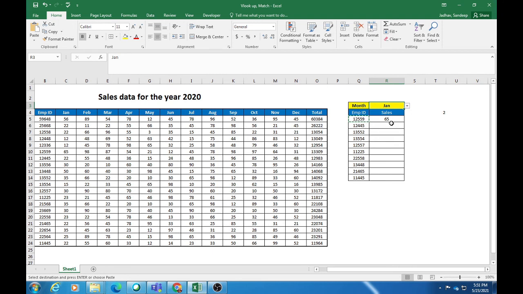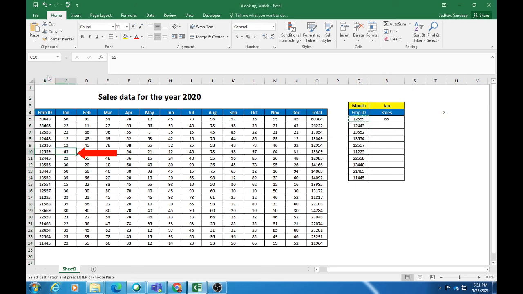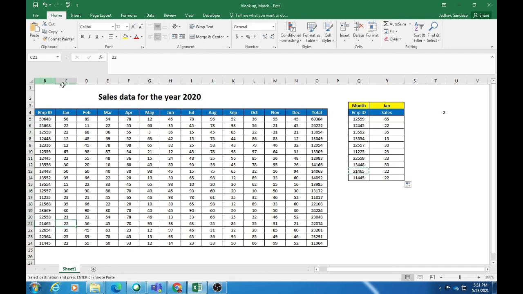It should be 65. So for this employee ID, the January figure is 65. So my answer is correct. I will copy this formula down. I'll check for any other employee ID, and for that it is 22. So it is 22 over here as well.